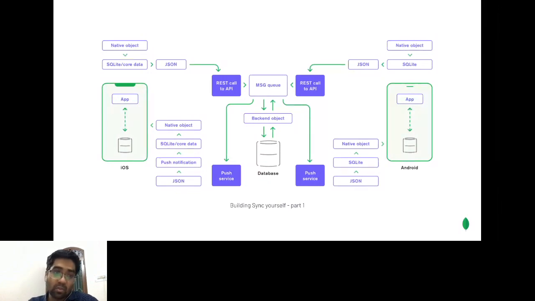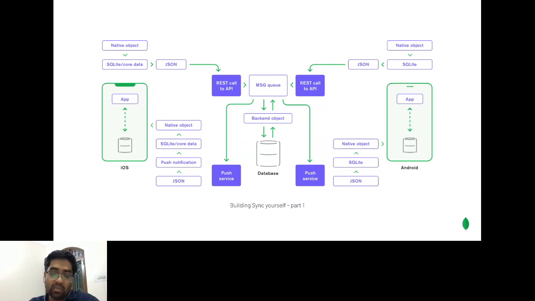And then again, you go into the same channel, you decide, okay, I got my data, what should I do with it, whether I should save it or not. This makes things far more complicated because there are so many moving parts here. You have your mobile phone here, you have your web, you have your backend service there, you have your database as well, and then internet for sure, right?